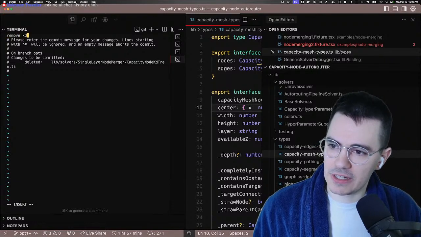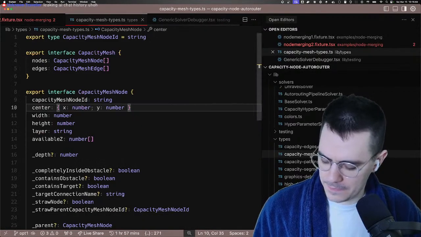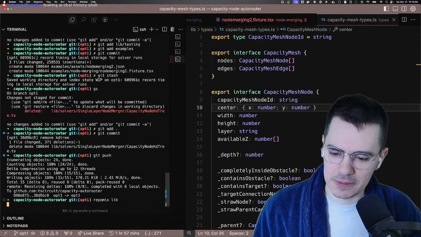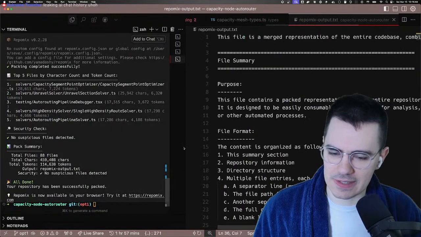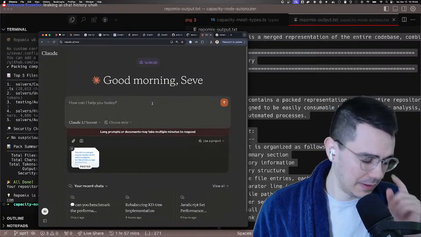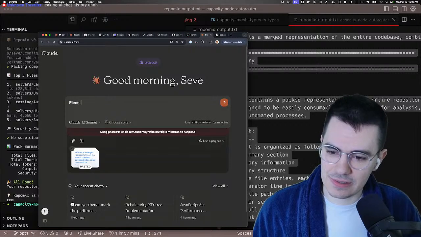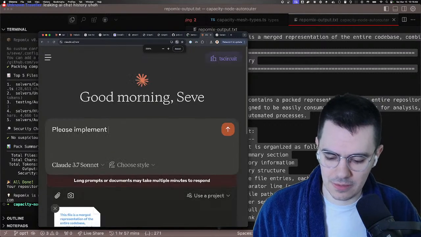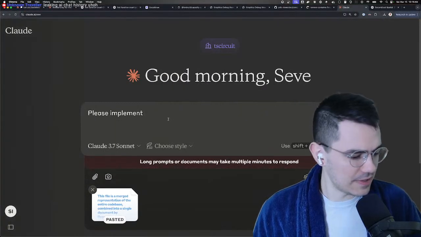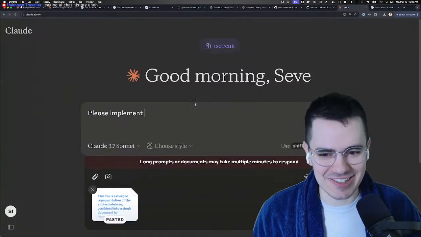All right, so remove KD tree. And then we'll do repo mix lib. What that's going to do is give us this big text file, which we will throw over to Sonnet. And then I'm going to say, please implement, this is going to be our main focus for a bit, a generalized entry